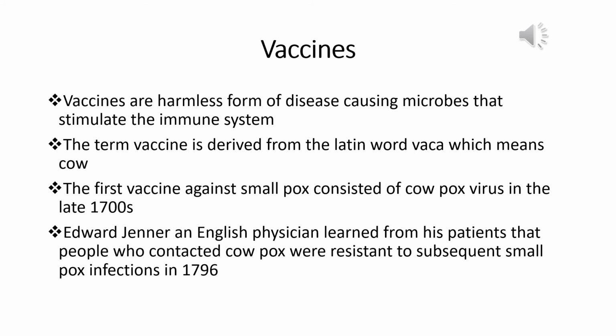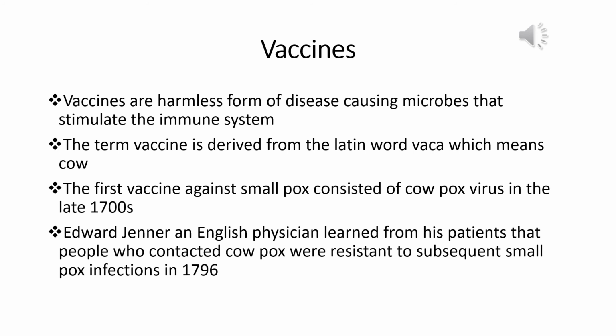The term vaccine is derived from the Latin word vacca, which means cow. The first vaccine against smallpox consisted of cowpox virus. That's why it is called vaccine, it is derived from this word. It was discovered in late 1700. Edward Jenner, an English physician, learned from his patients that people who contracted cowpox were resistant to subsequent smallpox infections